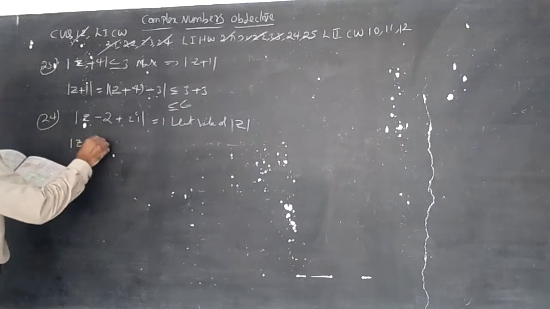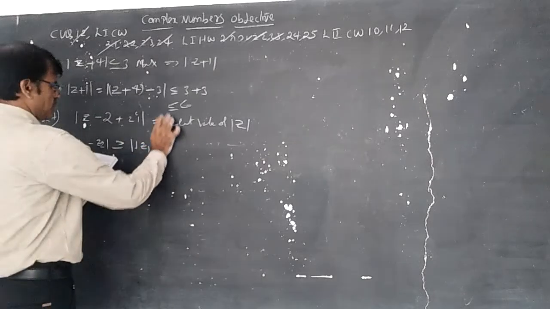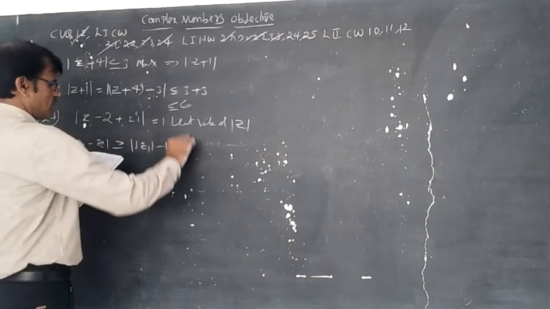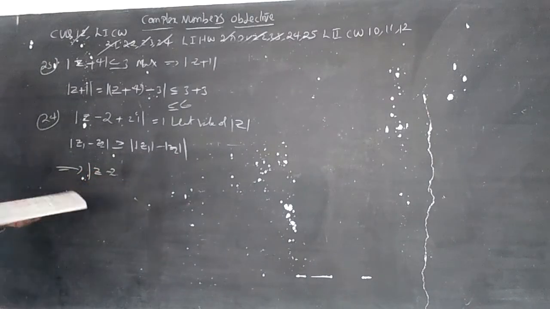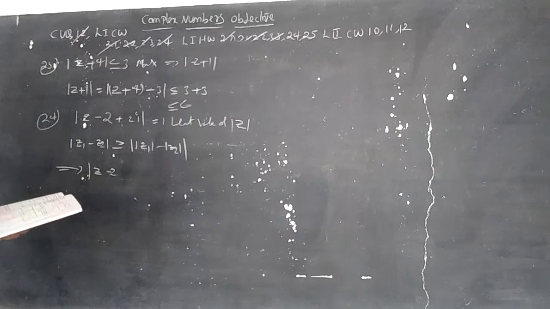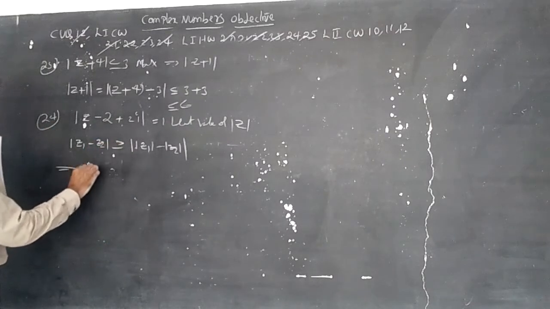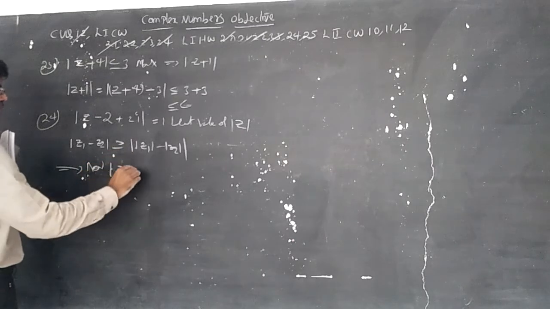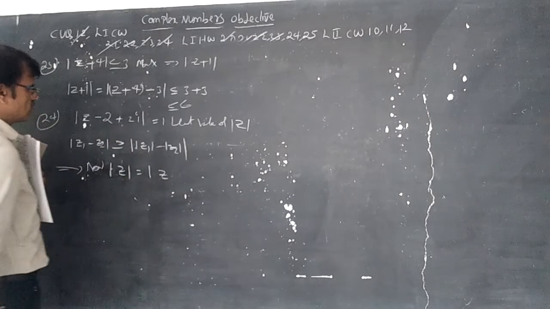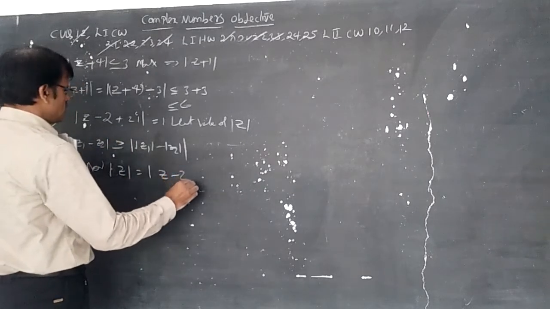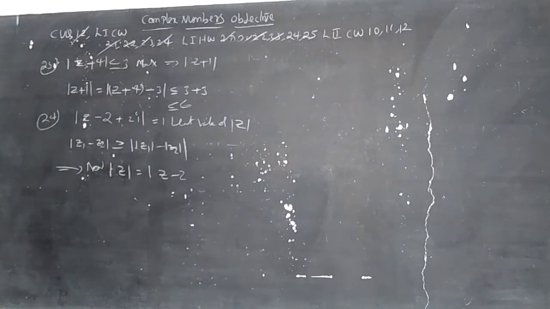Write the formula: modulus of z1 minus z2 is greater than or equal to modulus of z1 minus modulus of z2. Now consider the least value of modulus of z that you need to calculate. Using this one, in z minus 2 simply add and subtract: modulus of z minus 2 plus 2i. So 1 is equal to